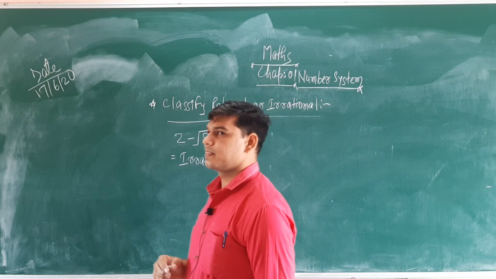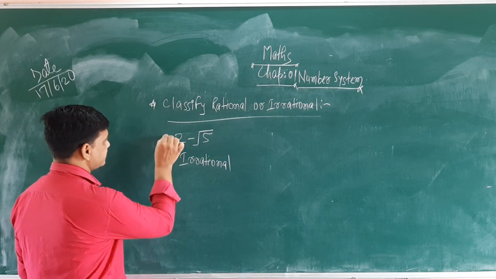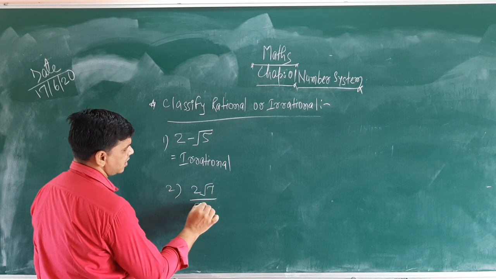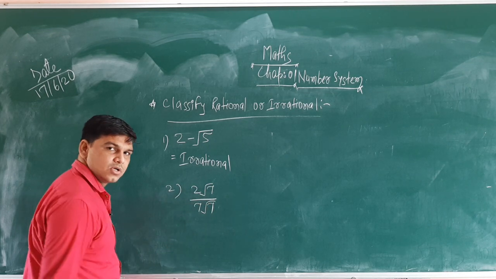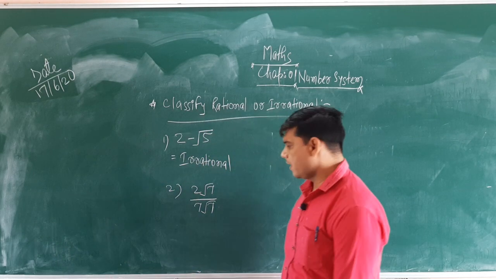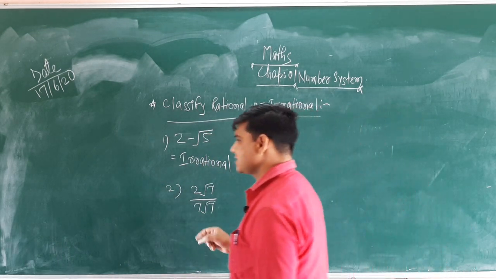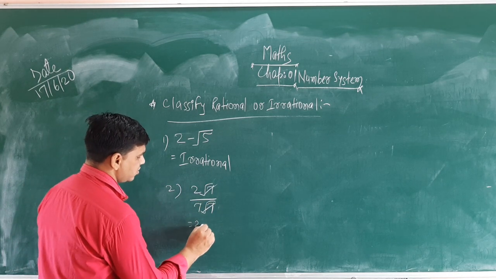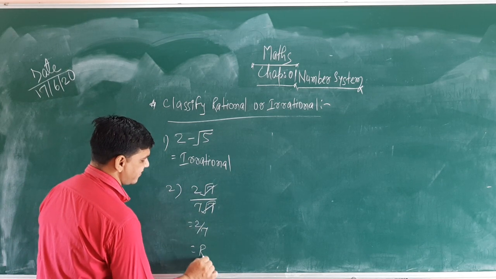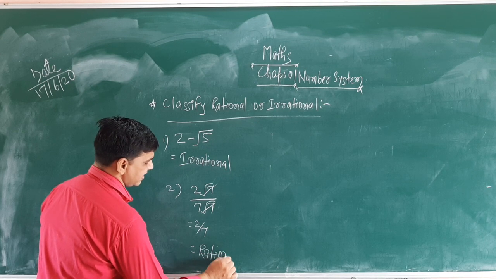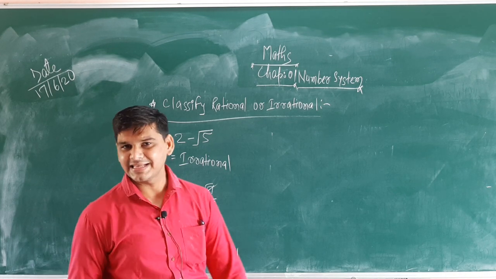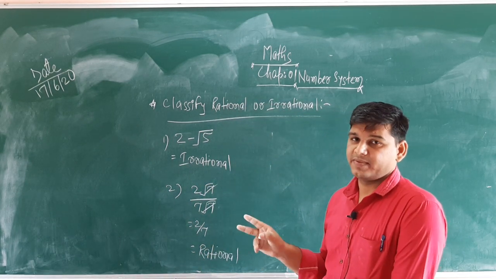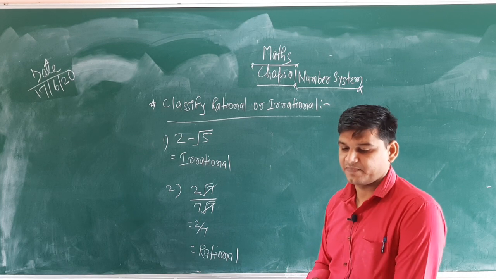For example, now in the form of numerator and denominator, I'll take another example. I'll take 2 root 7 upon 7 root 7, right? So here the multiplication form is given in the numerator and denominator. So root 7 is cancelled, and 2 by 7 is remaining. So 2 by 7 is what? It is a rational number. So very easy. If an irrational number is available in the form of a real number or maybe a rational number, it should always be an irrational number.